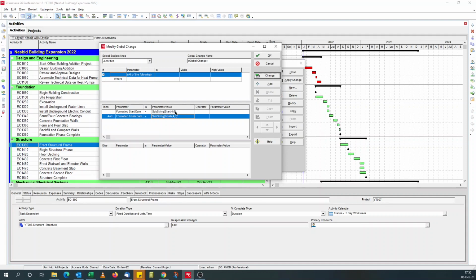So a workaround will be, I'll do it this way. Instead of applying the substring to this date, first of all, I'll delete this. Let me delete both of them. Add the formatted start date again. This time, what I want to do is convert the date to text, then apply the substring to that text. And the easiest way to convert a date to text in Primavera